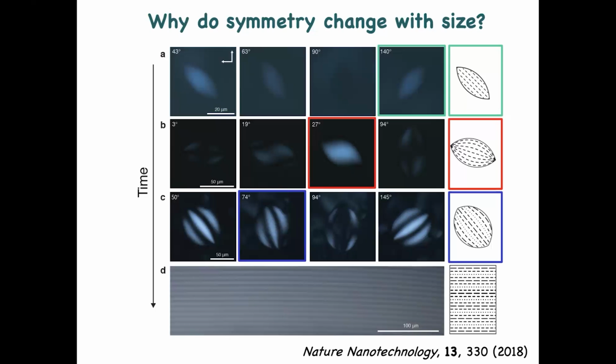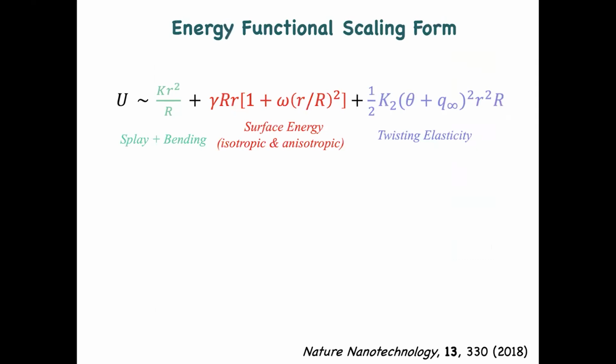So why is the symmetry changing with time? If you look at the total free energy in the system, and I put it in 3 different colors to make it more obvious, there are 3 main contributions. The first one is related to elasticity, which I was telling you about, splay and bending. Of course, if I do it this way or this way, I use the same deformation, so I have put it in the same term, assuming that the two constants K1 and K3 are similar.